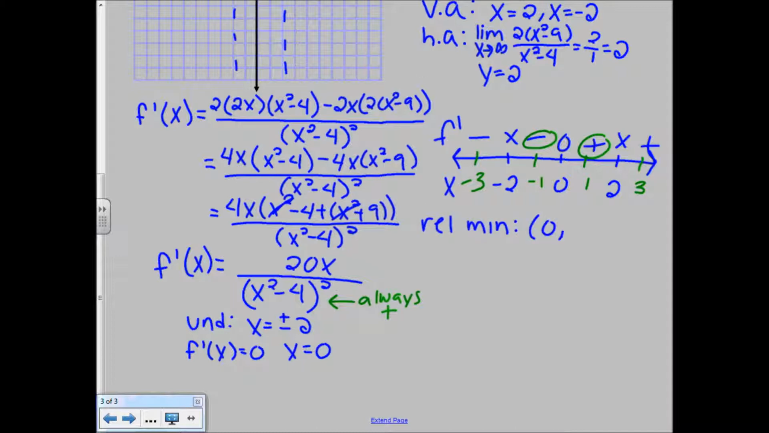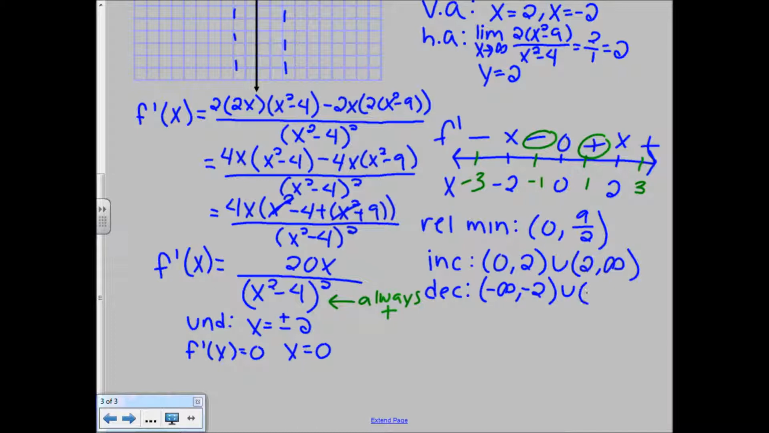And we already found the y-coordinate there to be 9/2 because it's also our y-intercept. And then we can also read off where we're increasing and decreasing here. So let's do our increasing intervals first. It looks like we're increasing between 0 and 2, and then again from 2 to positive infinity, just reading off where those plus signs are. And then we're decreasing to the left of 0, so we're doing that from negative infinity to -2, union -2